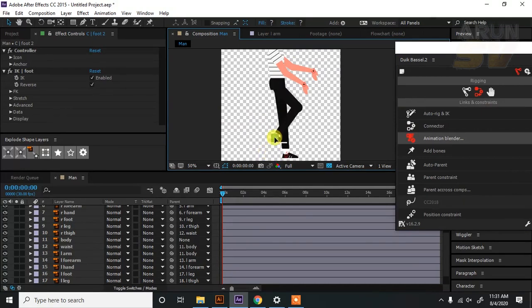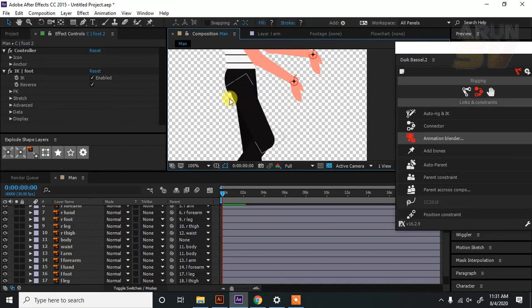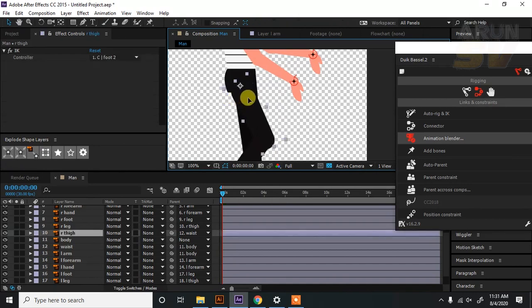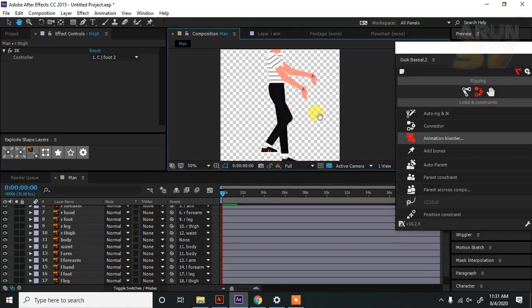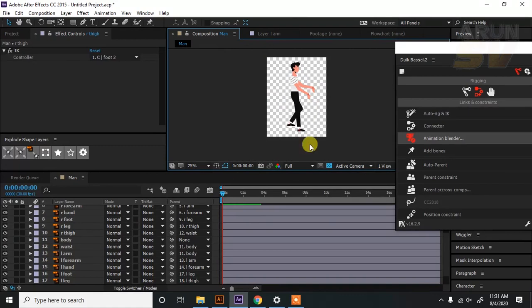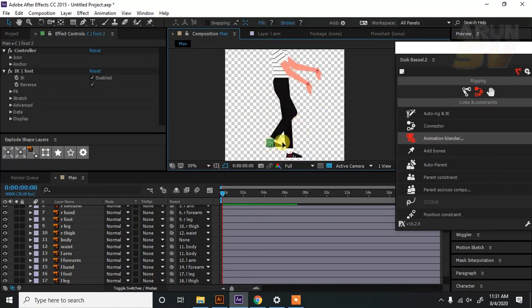We get the proper rig. The rig is not clear, so simply place it. Now we can get the clear IK rig like that.